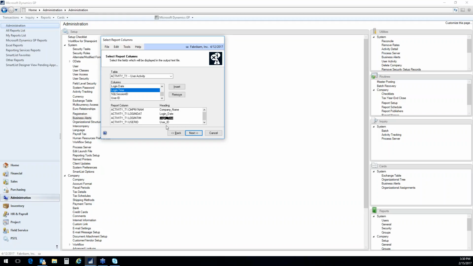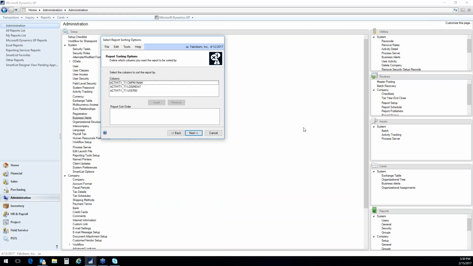And if you put something in there that you don't want, maybe I say I don't care about the time, that's getting down to splitting hairs. I just want to know the date that they logged in. Well, I'll just take that out. And so then next. And so now when you actually lay this out on paper, so to speak,